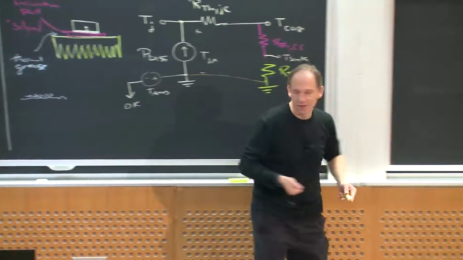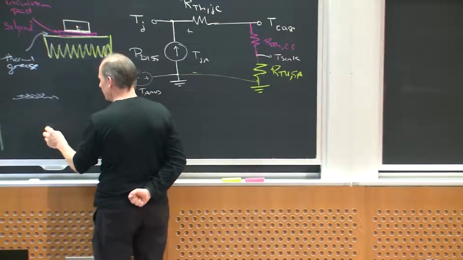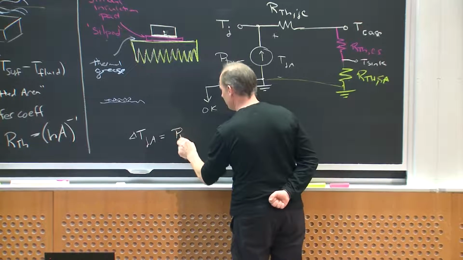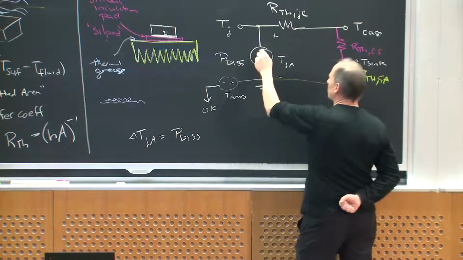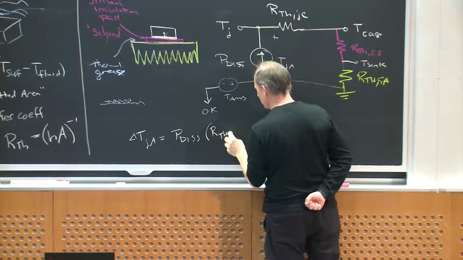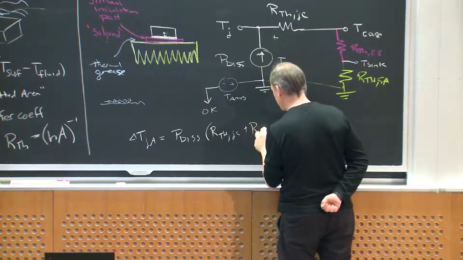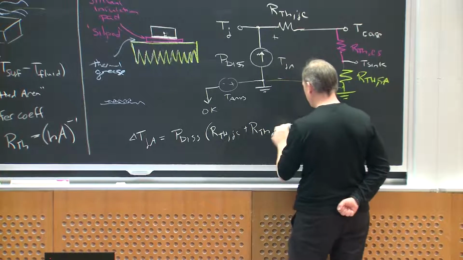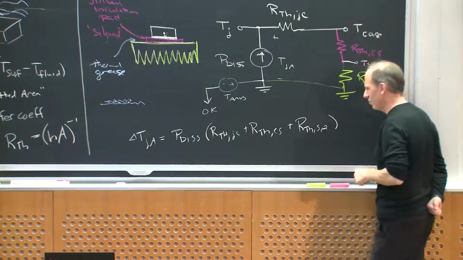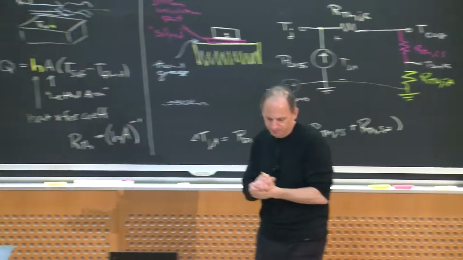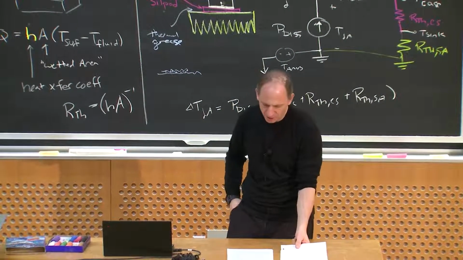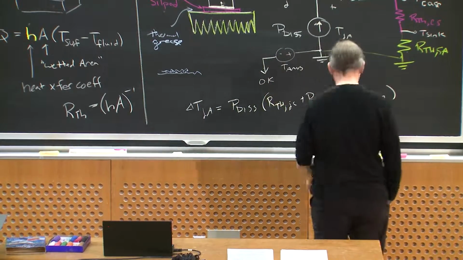to ambient. So then I can find delta T junction to ambient is simply going to be P dis, which is this power dissipation, times RTH junction to case plus RTH case to sink plus RTH sink to ambient. And then I'm done. In a typical example, numbers that I might use, I said T ambient